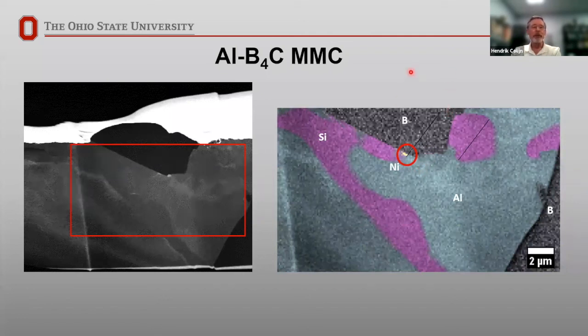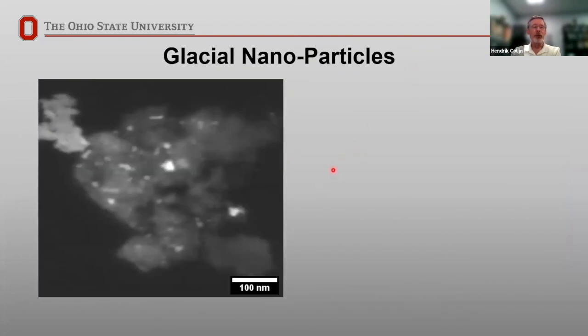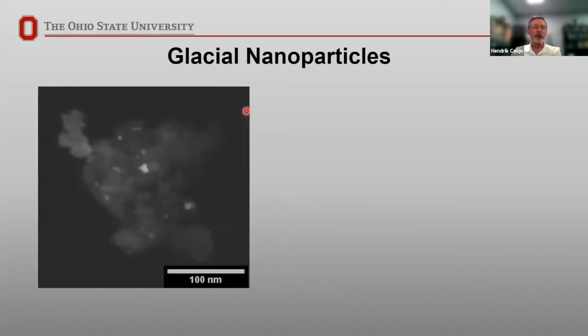Another example here that we've done in conjunction with the Byrd Polar Research Center, and this sample is from Paolo Gabrielli's research work. So this was a particle pulled out of a glacier in the Antarctic. And you can see that it's very heterogeneous, and we're down here in the few nanometer range. So we started looking at this and we did an EDX map of this particular particle.